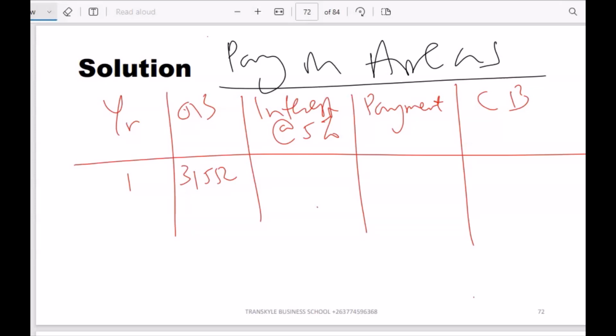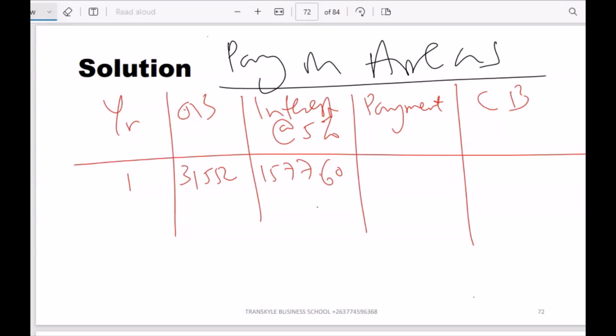31,552, and then we subject it to the interest. What is the interest charge in respect of that lease liability? That's 5%. Multiplied by 31,552, we get 1,577.6. Once we do that, we then have to deduct the payments, and we are told that for the